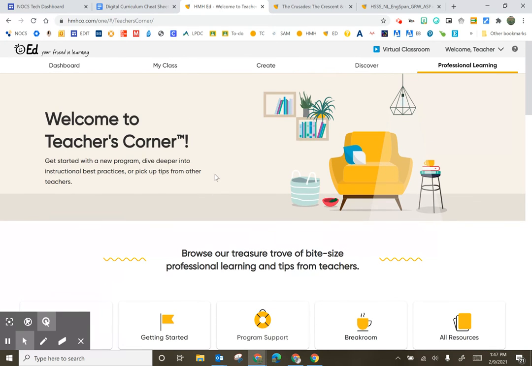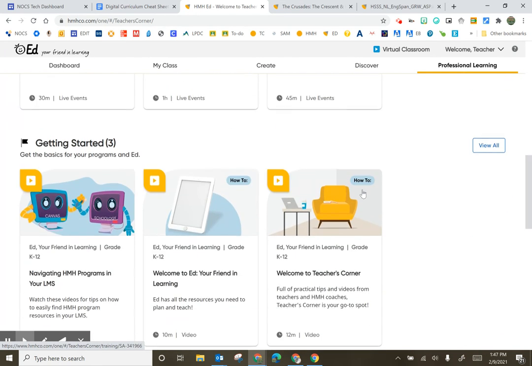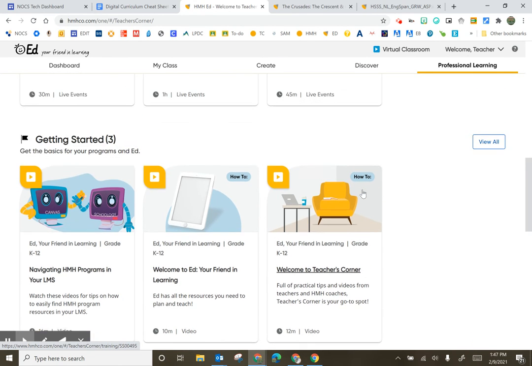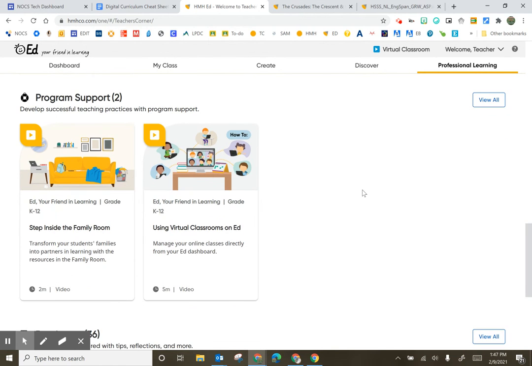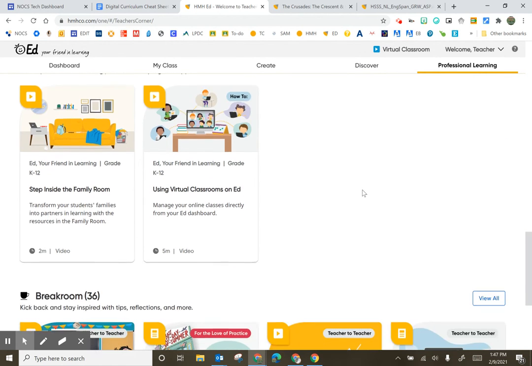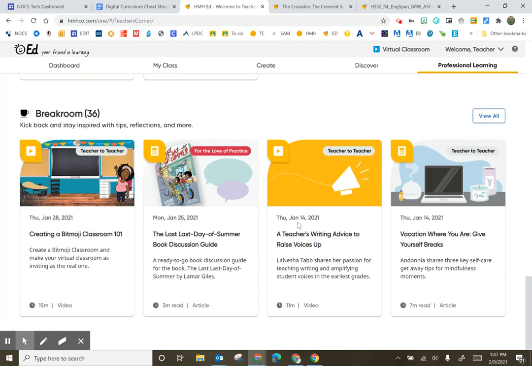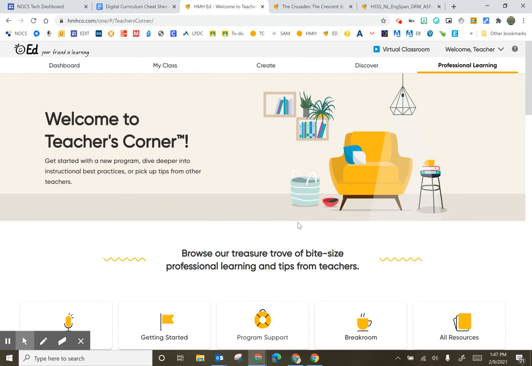One last aspect of the program that we want to take a look at is the professional learning in the Teacher's Corner. There are lots and lots of resources available for teachers for navigating Ed Your Friend in Learning. As you go through it, just be aware of what it is focusing on within the platform, as there are many programs that exist within Ed, but at this time, the only one that we are currently using is the